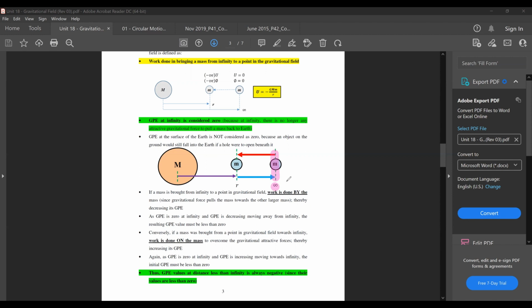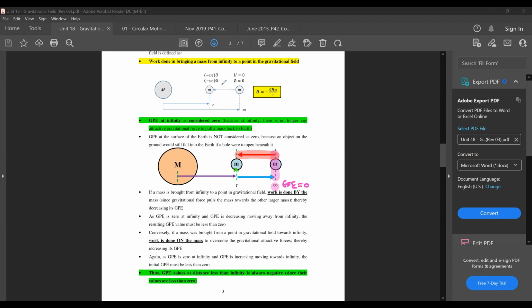This one is already established that GPE is going to be 0. And then this is the point that we are interested in, whose GPE value we're interested in. Now, if you bring a mass from infinity to this point,